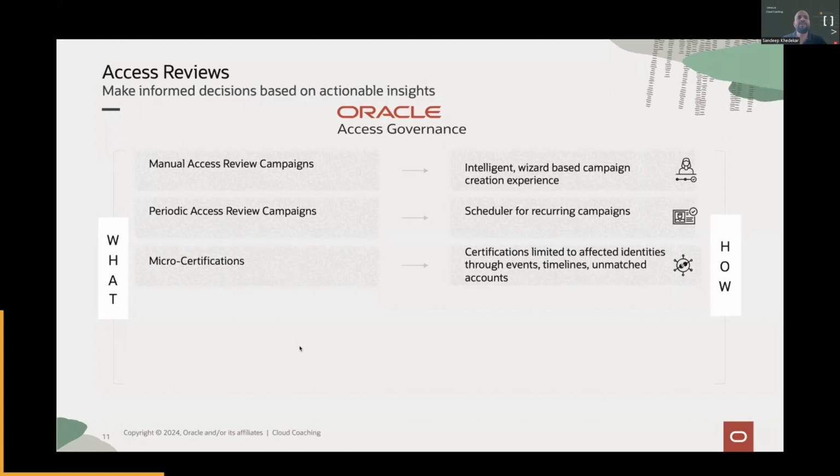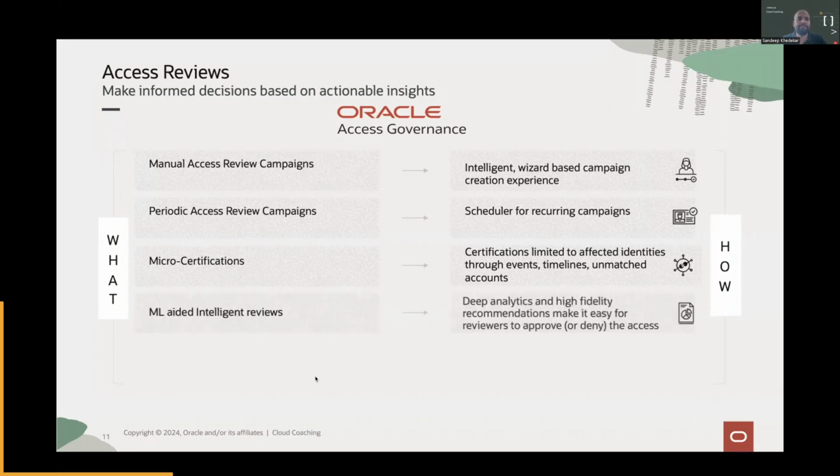See, managers are not day in, day out happy to create certifications for different activities. How about having a certification automatically created for users who are changing their location, department or country? It should automatically invoke a certification and send it to the respective manager or the application stakeholder. So those are the kind of certifications we're going to touch upon as well.